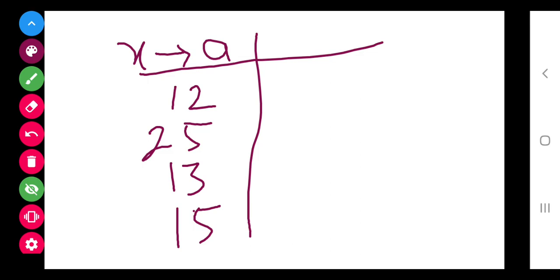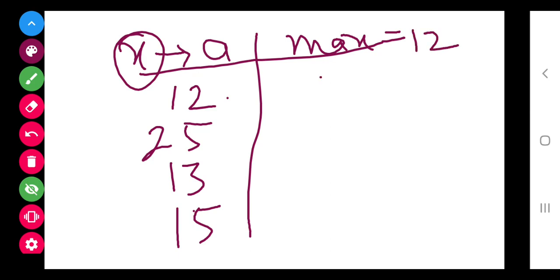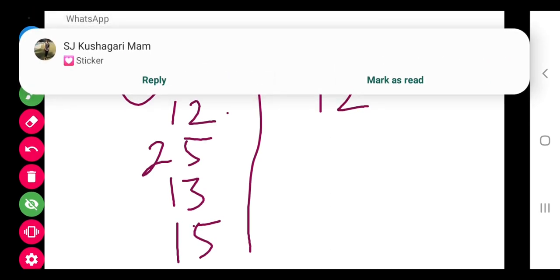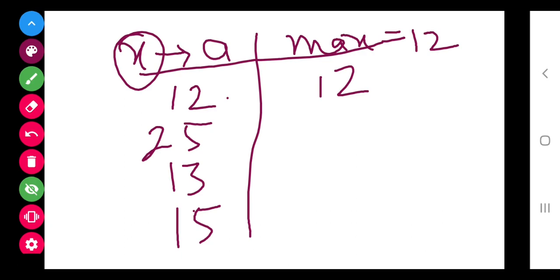Now in the program, what I have written is that first of all I have initialized max equals x[0]. x[0] is 12, so this is 12 for the first time. Now after that, the statement is that x will be compared with this a.